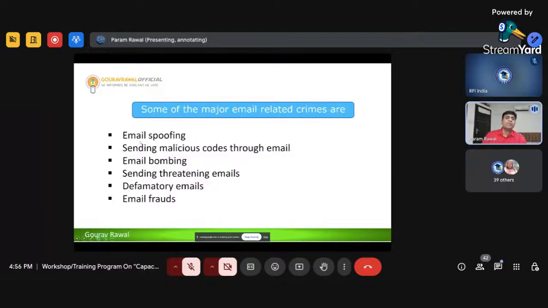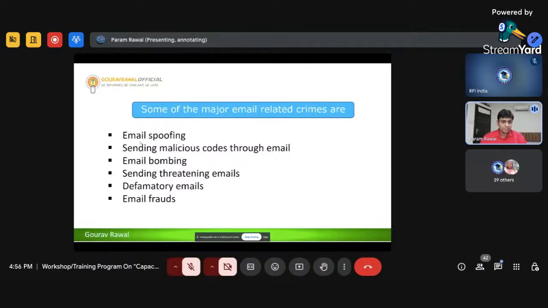And email spoofing. What does spoofing actually mean? In Hindi, we can understand it as appearing as one thing while being something else. It means pretending to be someone. Actually, you are not that person, but you are pretending to be. That is email spoofing.